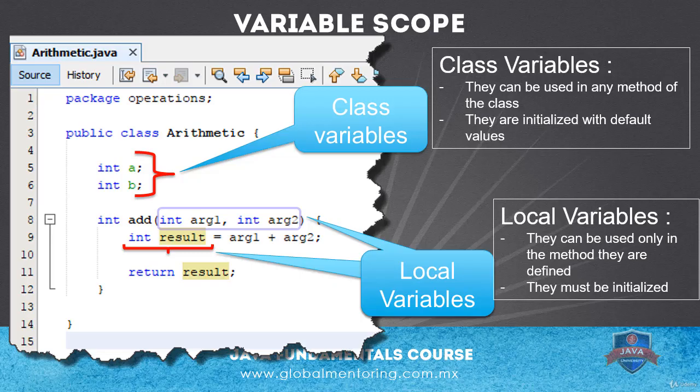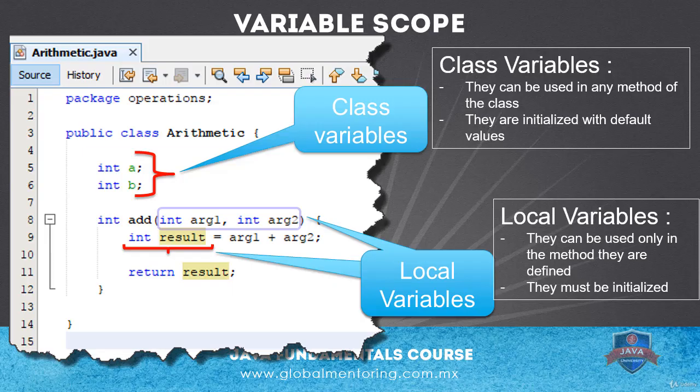So in Java, we have different types of variables, such as class variables and local variables. Depending on where the variable is defined, it will be the duration of the variable, and this is known as the scope of a variable. If we define a variable as an attribute of a class, this variable is known as a class variable, and it will exist for as long as the object exists in memory. These variables are initialized with their default value automatically. For example, an int type is initialized with a value of 0. For a variable of type boolean the default value is false, and for a variable of type object, the default value is null.